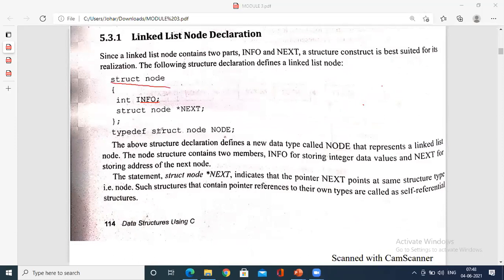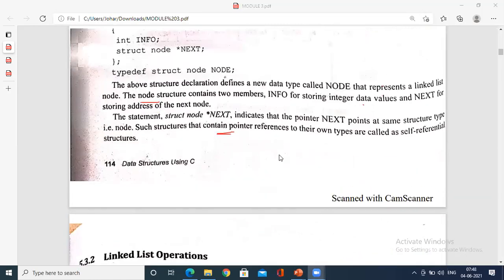What is the struct node? Struct node consists of two variables, is it or not, that is information, and one more is a pointer to next, no? So the whole together can be represented as node. You define it, right? This is a declaration part, this is a definition part.